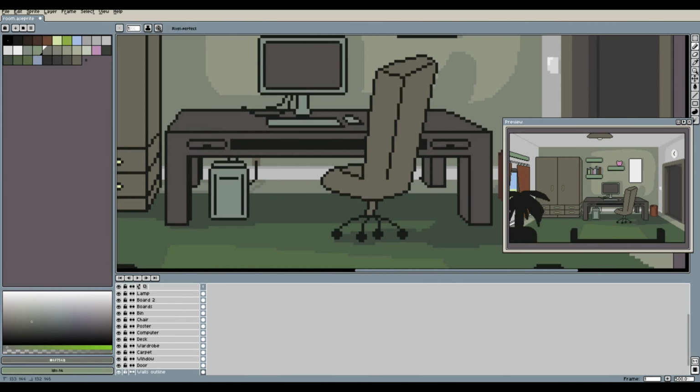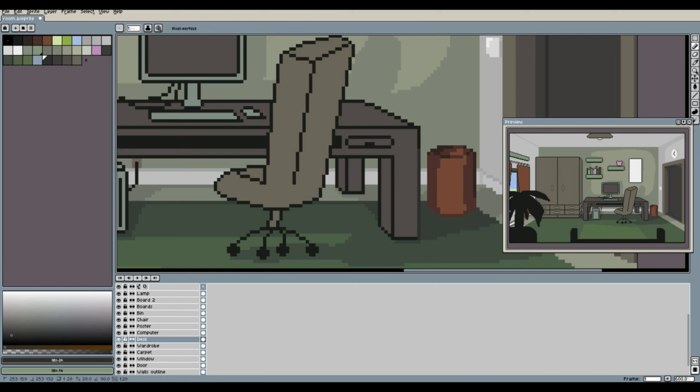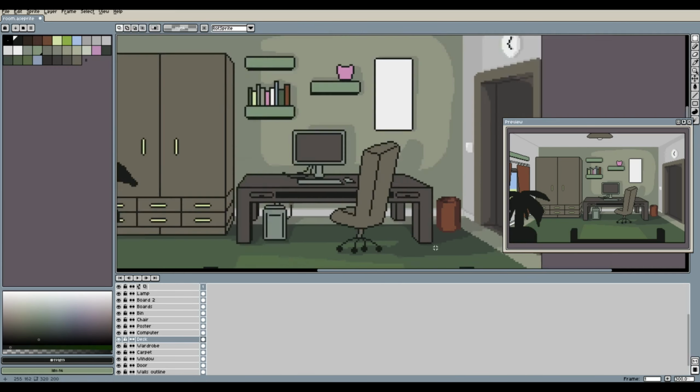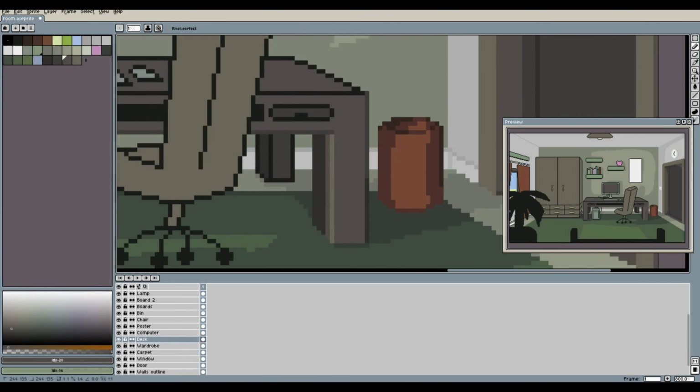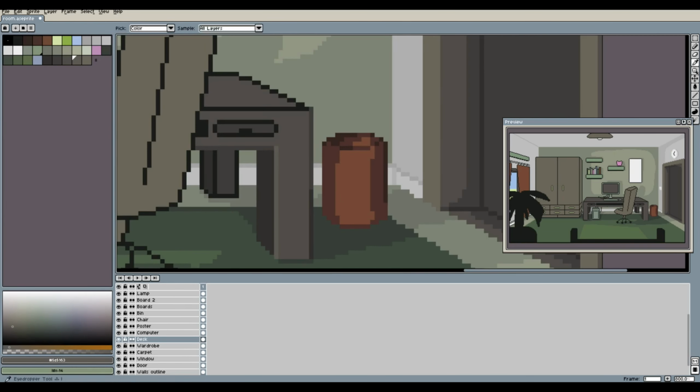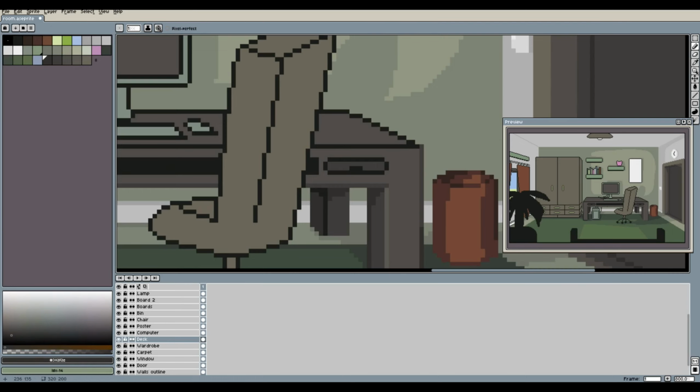So I expanded the palette with all the main colors I was using at this point to have darker and lighter tones, again placing them in the palette in the correct position. So the table and the wardrobe and the chair and all the other objects got some nice shading to them.